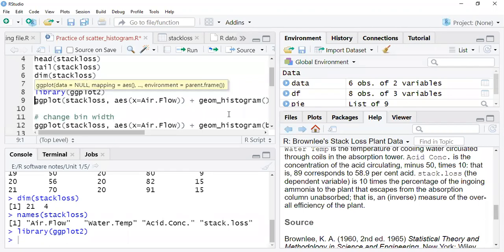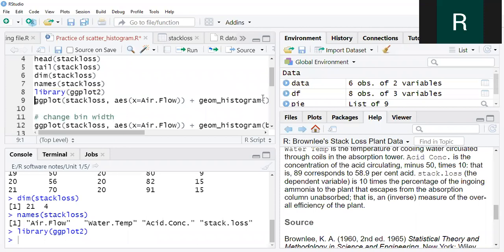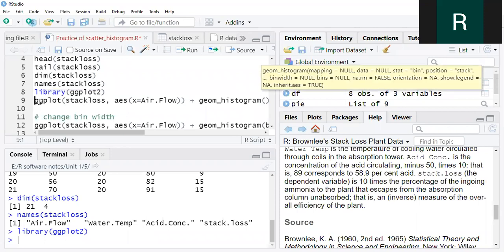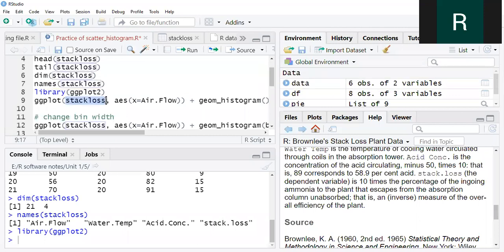This syntax is used to draw the histogram. The syntax is ggplot, and in brackets my data set name. This is my stack loss data set, comma, and as I showed you last class, aes, and I'm defining that we have to draw the histogram for airflow.